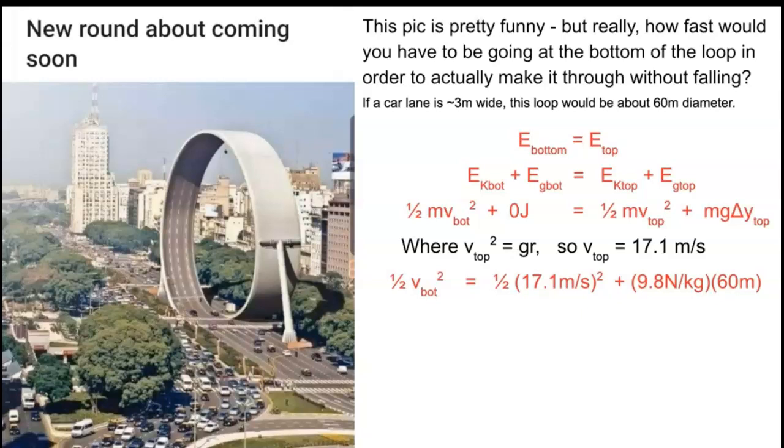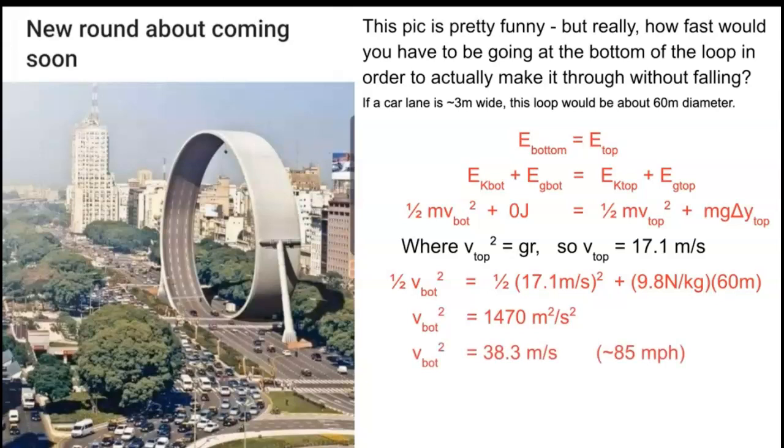And because the mass shows up in every term, so 1/2 speed at the bottom squared equals 1/2 speed at the top squared, which has to be at least 17.1 meters per second, plus our g delta y. And our delta y, of course, is that we are a full diameter up, 60 meters. So I calculate that your speed at the bottom, if you have no air resistance, and